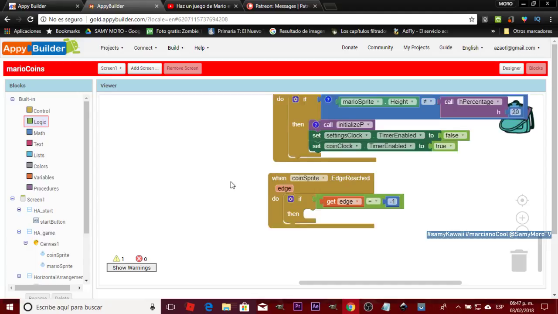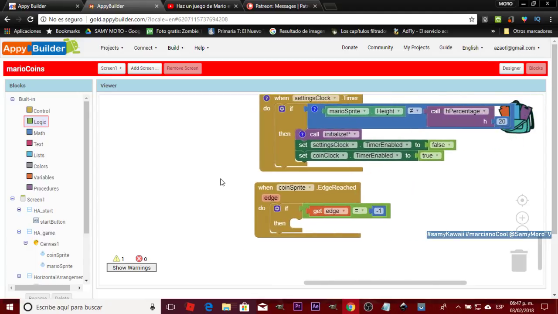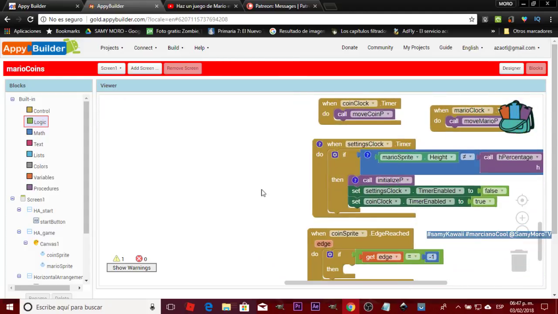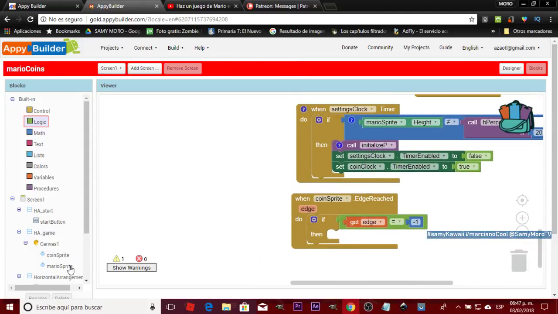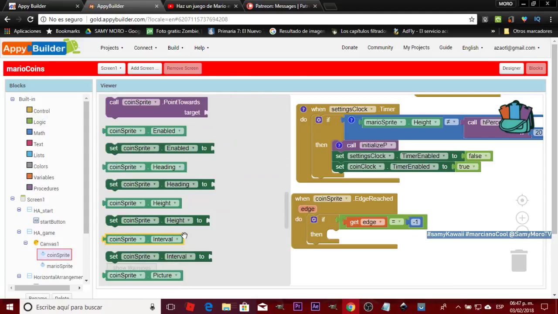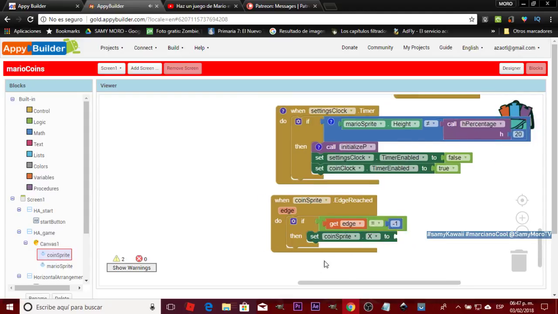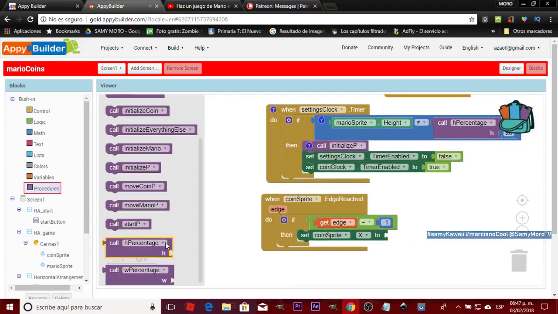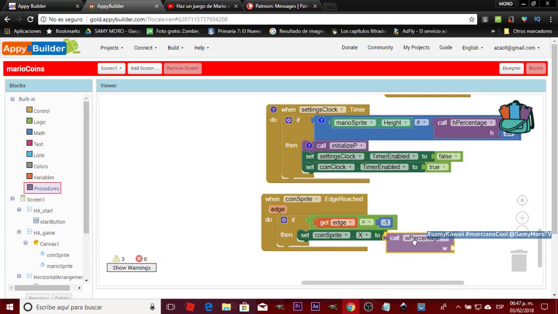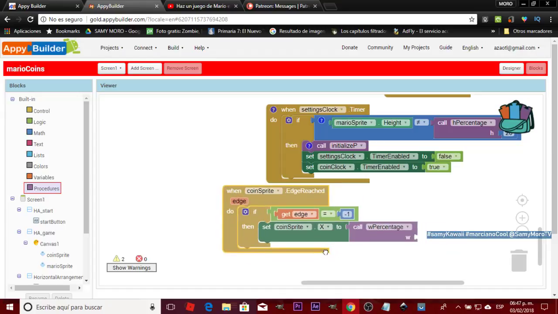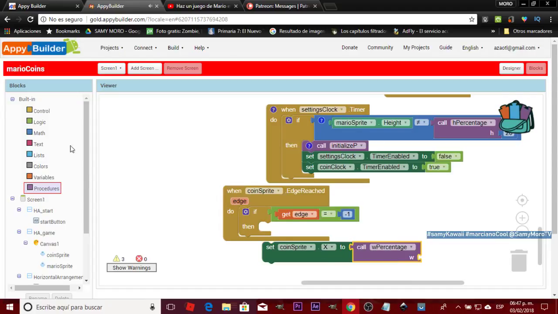So we're going to reset its position. Okay, so first we're going to reset its Y position and then its X position. So we're going to go for coin sprite X, and we're going to use the procedure about the percentage. For X we use the width. And we're going to set it to a random value